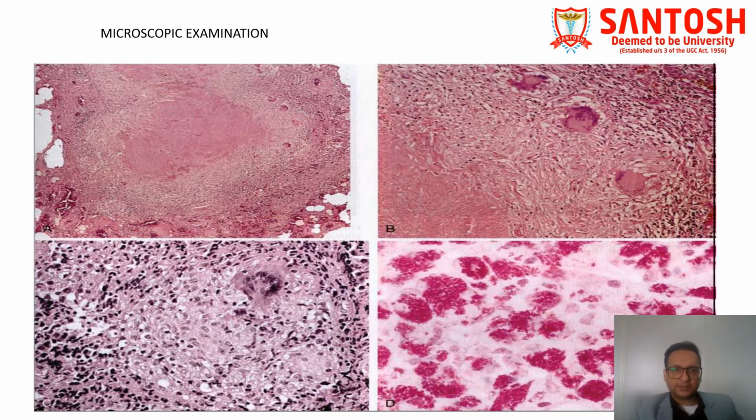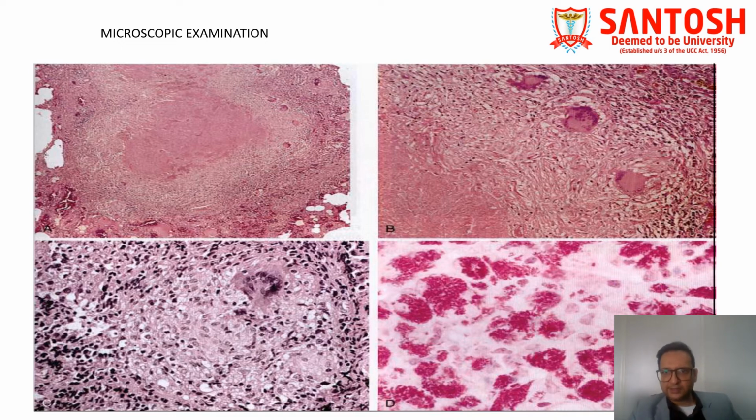Here you can see this pink thing in the center is nothing but necrosis. Here we can vaguely make out some giant cells. So giant cell, I've already told you, is nothing but a collection of epithelioid cells which fuse and form a very large cell. So in high power we can clearly see this is a giant cell which has more than 50 nuclei and a U-shaped nuclear pattern. They are known as Langerhans type of giant cell, which are specific to tuberculosis.